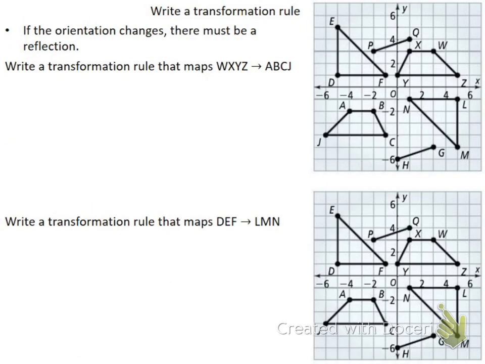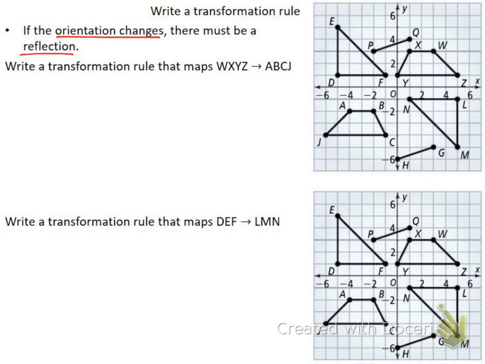So now what we're going to do, and this one's a little tricky, is we're going to write our transformation rule. And so right where it says that, if you could just underline with me: if the orientation changes, I've got to have a reflection. And so what I mean by that is if I look at